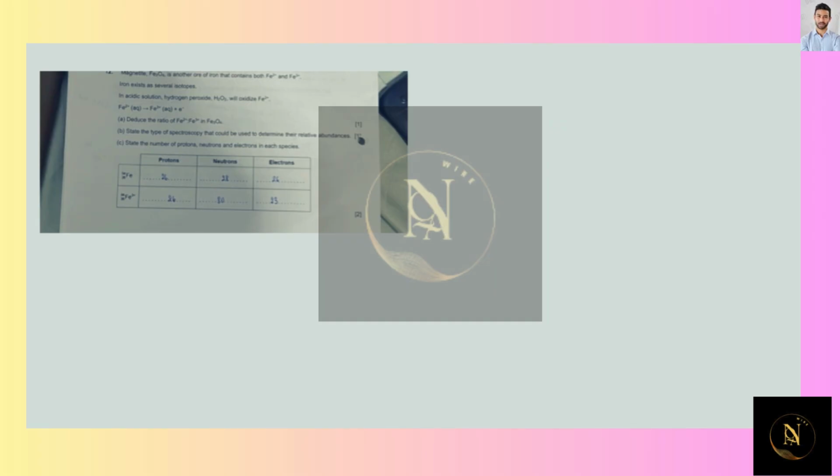Hi, so here we are going to be given magnetite, and we want to identify what the ratio of iron 2 plus and iron 3 plus present in this sample is going to be. So in this case for magnetite, what needs to be satisfied is that